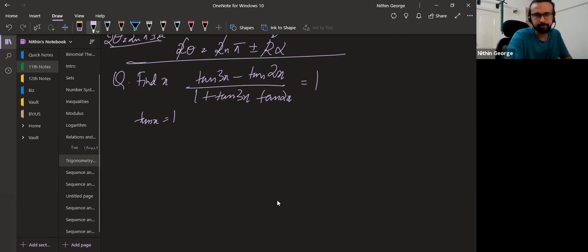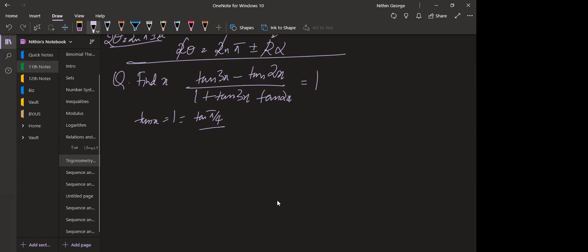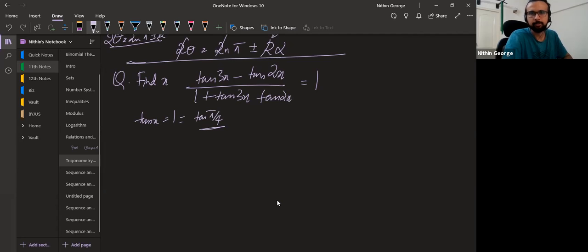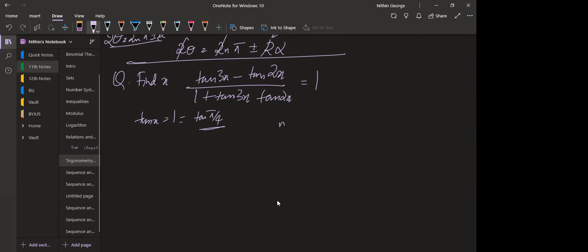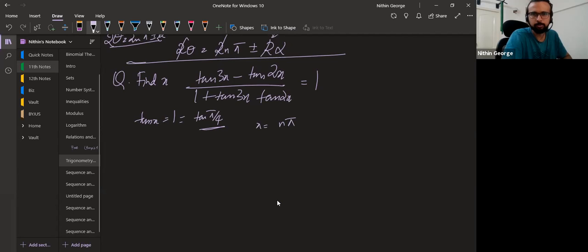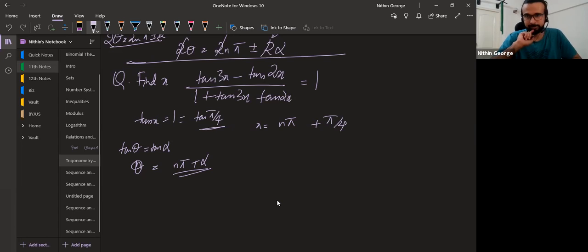At this first one you can write quadrant, and the third quadrant, tan pi by 4, right? I just saw the quadrants, sir. Tan is positive in the first and third quadrants. So this is how you do it, like I told you. If you get tan theta equal to tan alpha, you have to remember that theta is equal to n pi plus alpha. So in this case, x will be equal to n pi plus alpha, and alpha is pi by 4. Okay, guys?